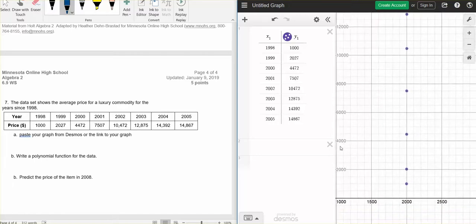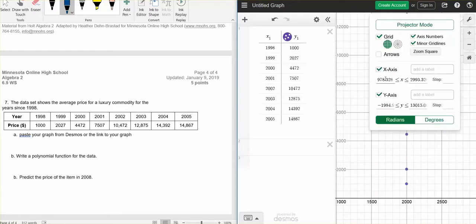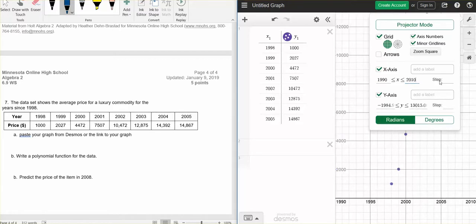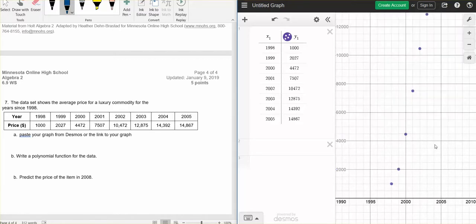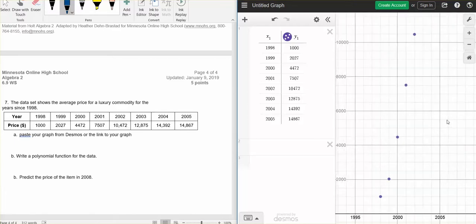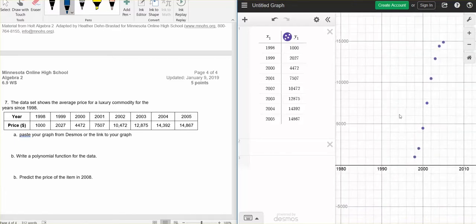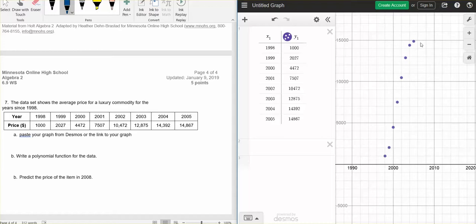It still is not great, is it? It looks like a straight line because our years on the x-axis are so narrow. Let's just go from 1990 to like 2010. See if that looks better. That does look better. Now we can see there's some curve to this. And if I zoom out just a little bit more, I can see it starts to curve again at the top. So it doesn't really look like it's going to be quadratic, but that's the first thing I'm going to